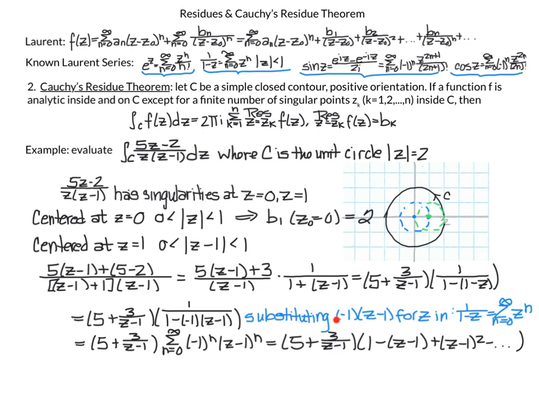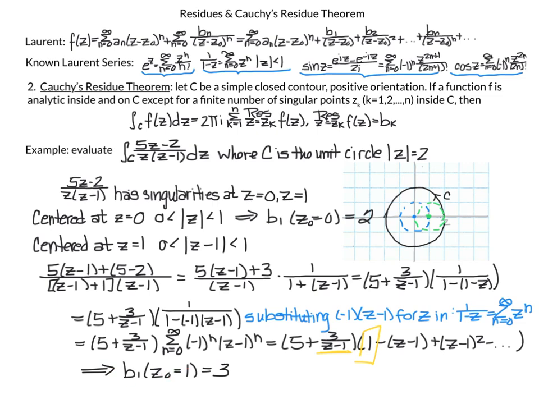When I multiply 3 times my 1, oh, that gives me something with z minus 1 to the -1. When I multiply 3 times any of these others, here they'll cancel out, here I'll get positive. So the only term that contributes to my b1 will be my 3 over z minus 1 times 1. That gives me a coefficient of 3, which means my b1